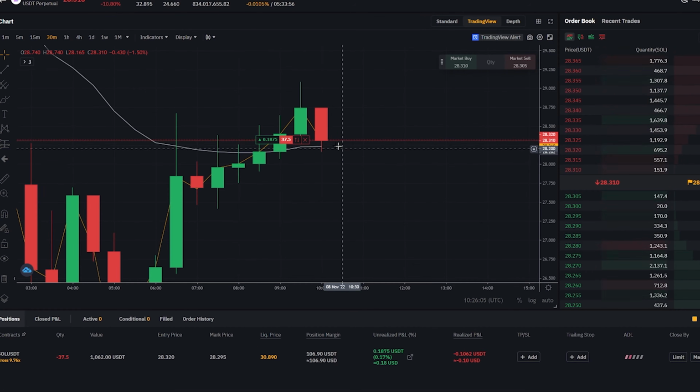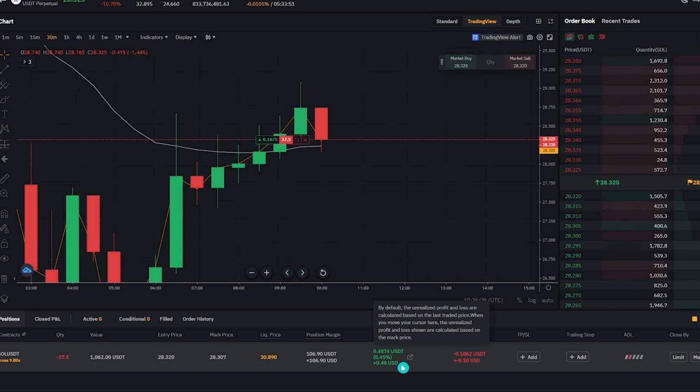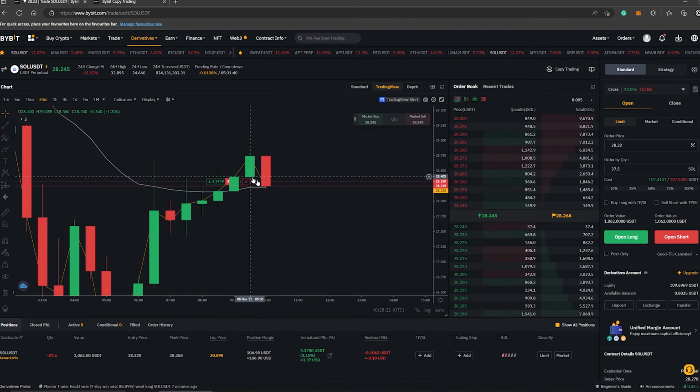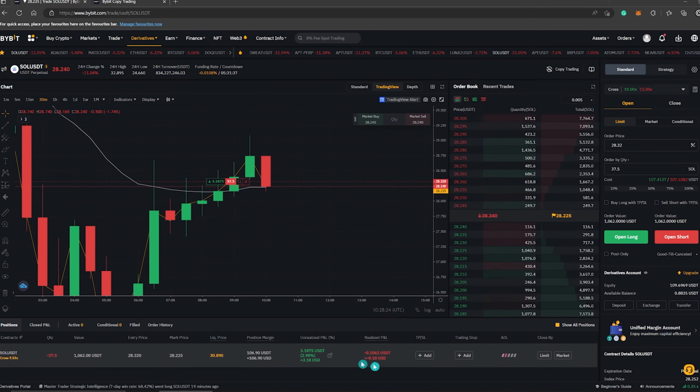And you can see now our trade is active, and you can see here our profit and losses. This is where it's going to be displayed over here. And here you can see that our position is up by 3%. And if you want to take profit, obviously you can come here and close the trade from here, or just